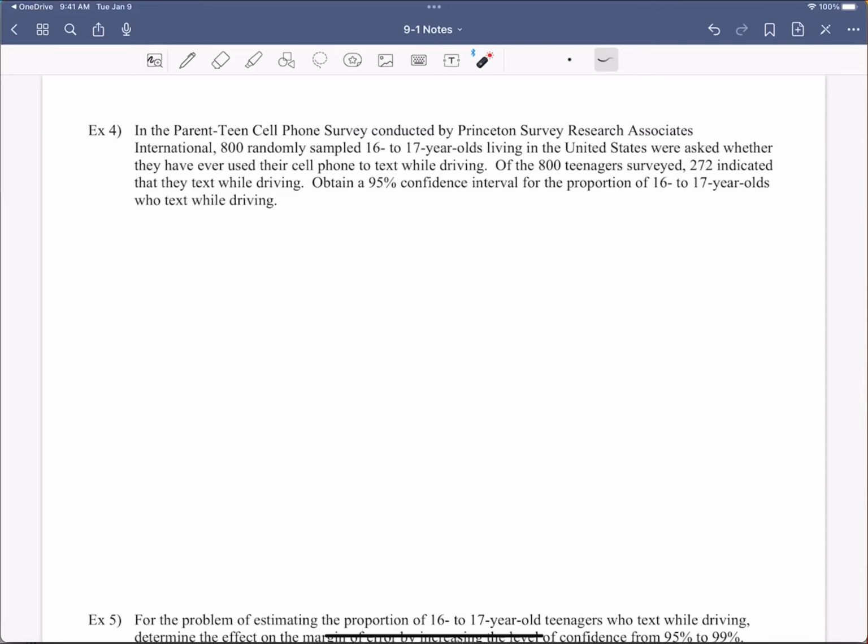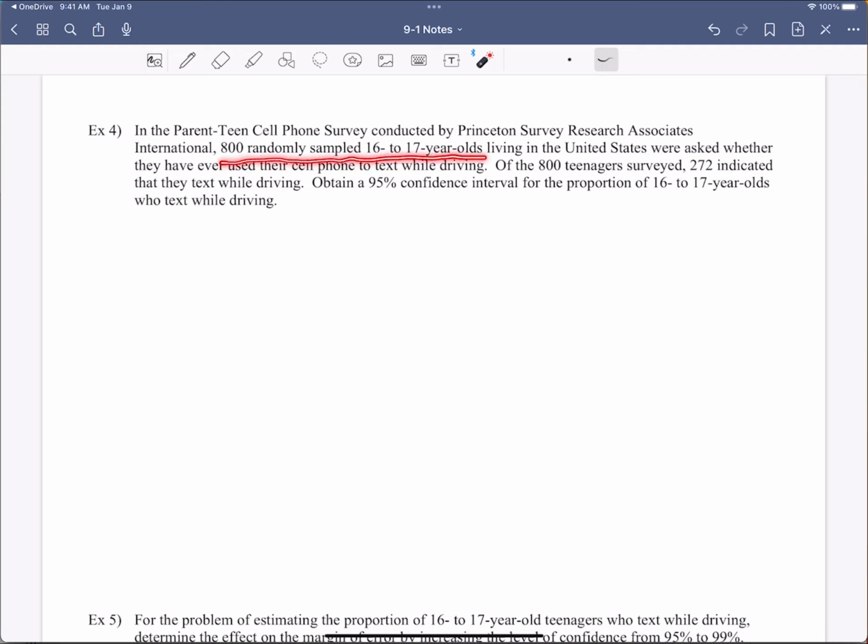Okay, so we talked about confidence intervals. Let's pull this off. We are going to use StatCrunch, but you still have to understand the concept that goes with it, right? So, in the Parent Teen Cell Phone Survey conducted by Princeton Survey Research Associates International, 800 randomly